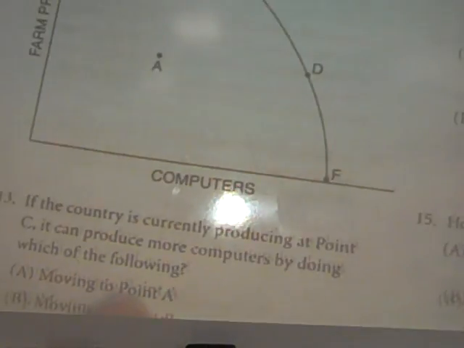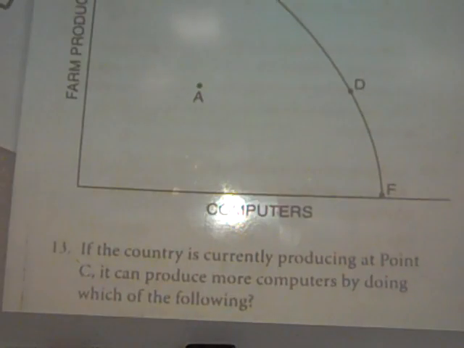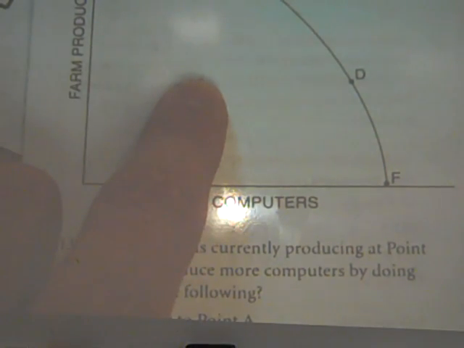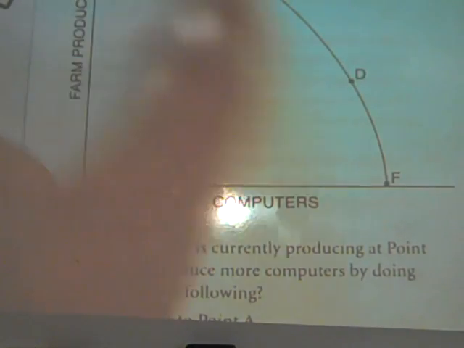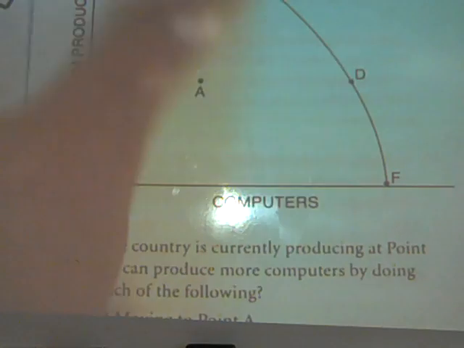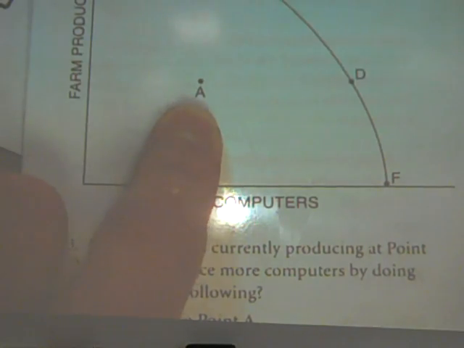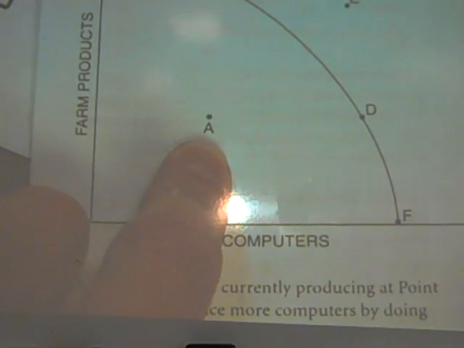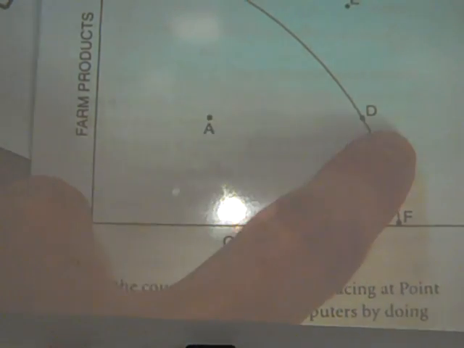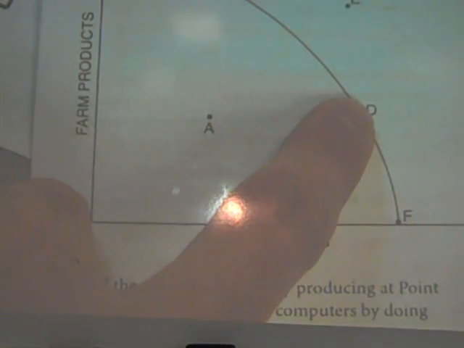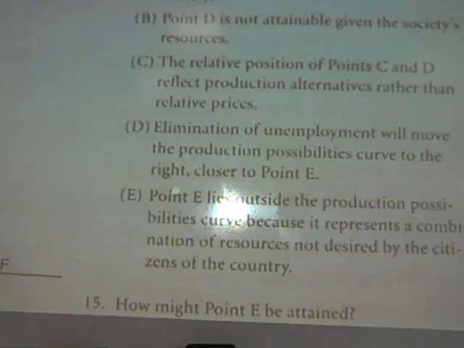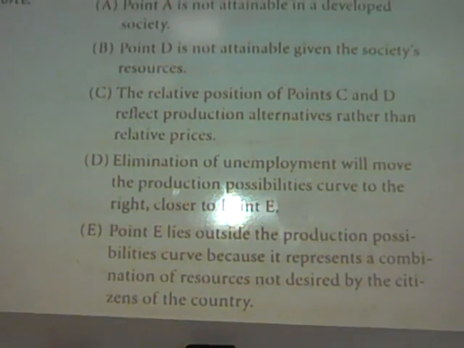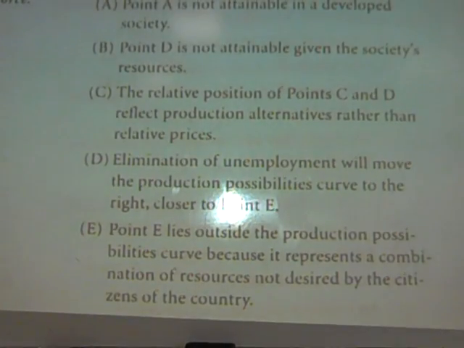Oh yeah, you're right. Yeah, they could move to A because it's slightly to the right. Well, since we were already on the PPC, what do you think the best answer is? And the one that's even farther to the right. So this is not just more computers; it's even more. So yeah, I agree. This is a bad question. I agree with you. This is a bad question, but being a good test taker, I would put D. This feels the best. It's splitting the least amount of hairs. All right.